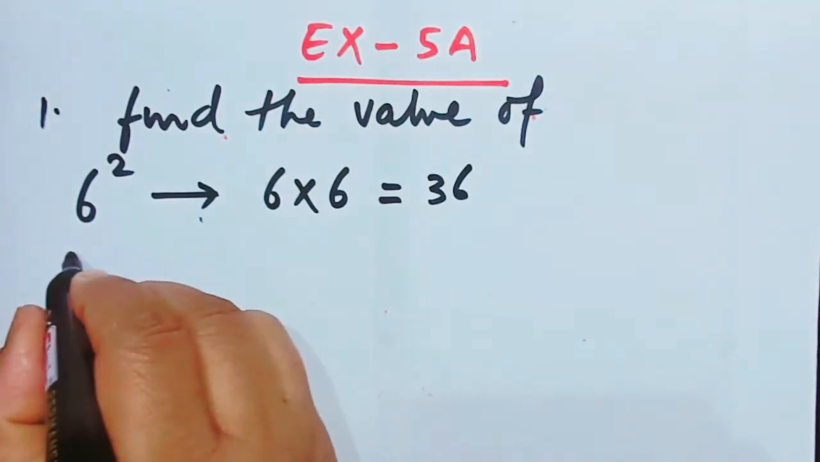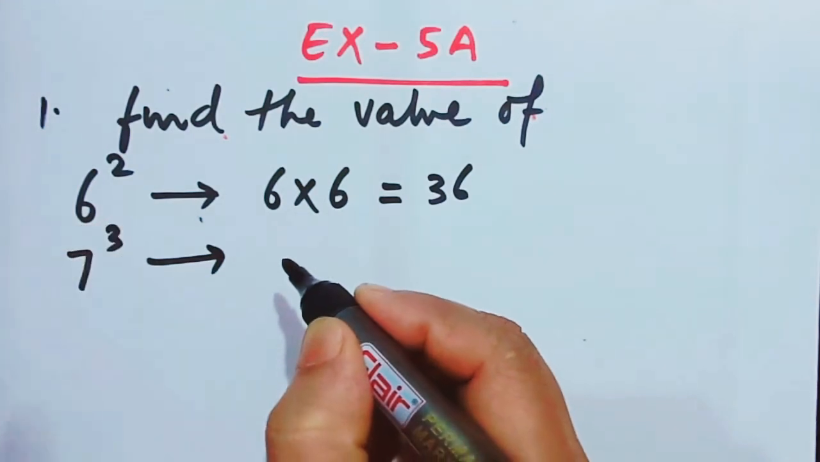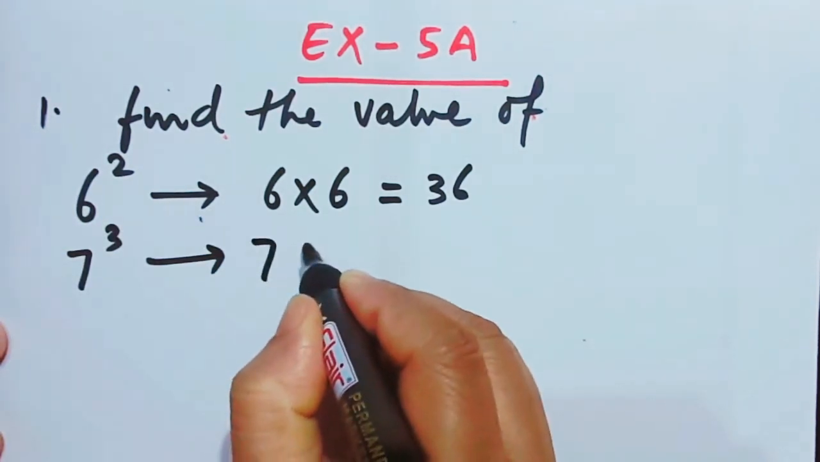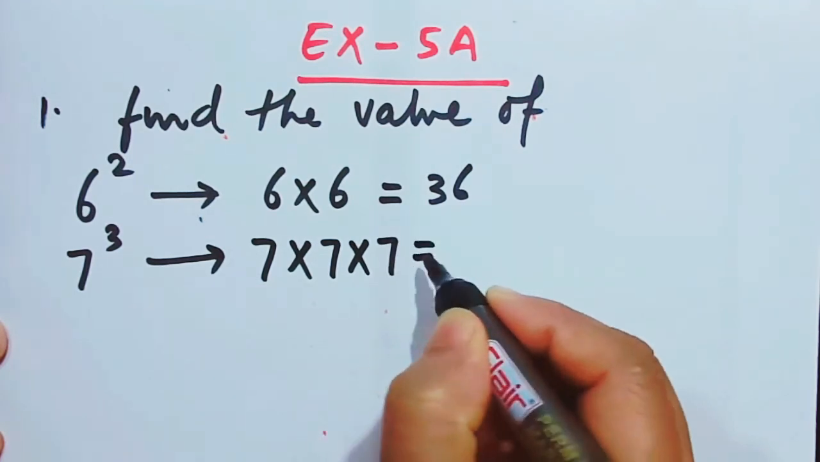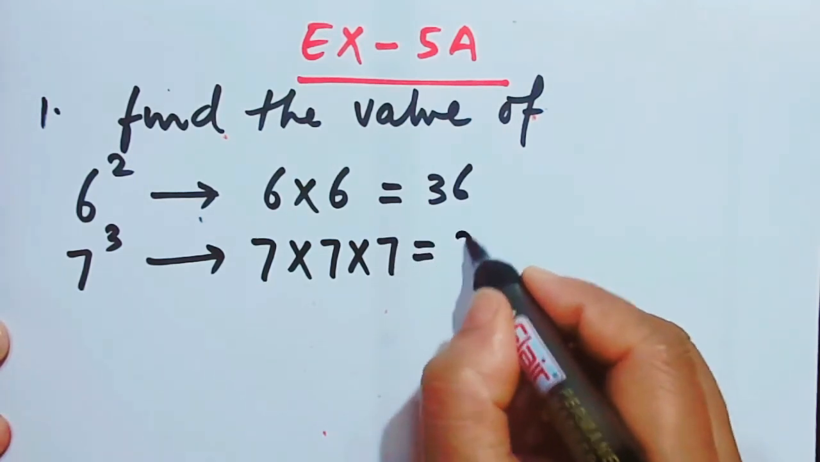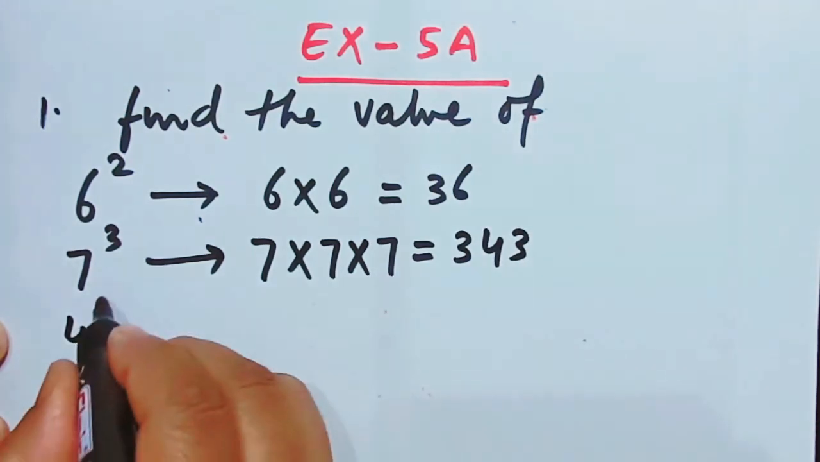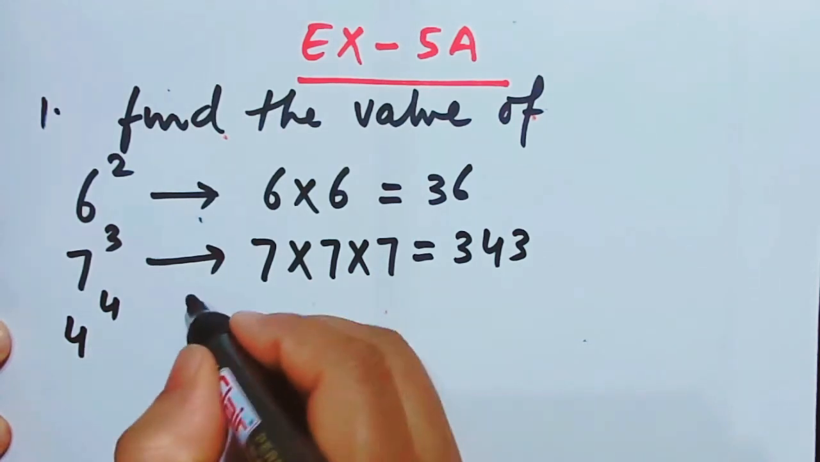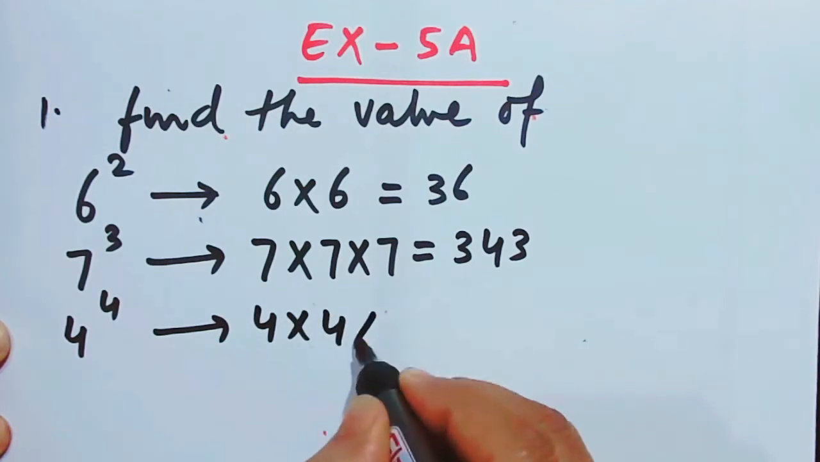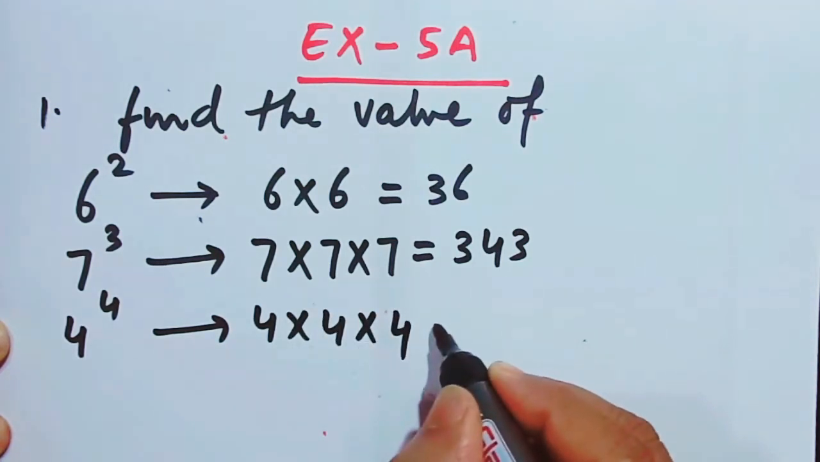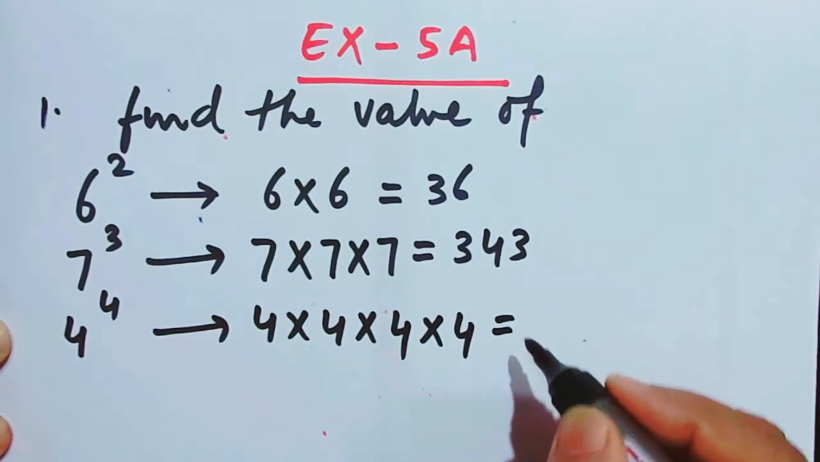Let's come to 7 cube. So 7 cube or 7 to the power 3 means 7 has been repeated 3 times. 7 times 7 times 7, and when you multiply it, I'm sure you will get 343. Let's come to 4 to the power 4. So 4 to the power 4 means 4 has been repeated 4 times. 1, 2, 3 and 4. Therefore, on multiplication,